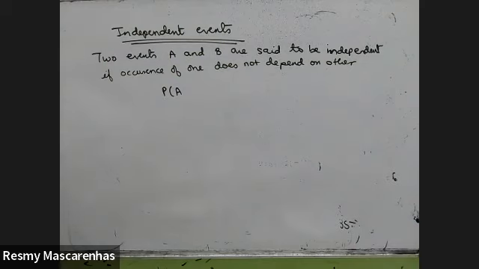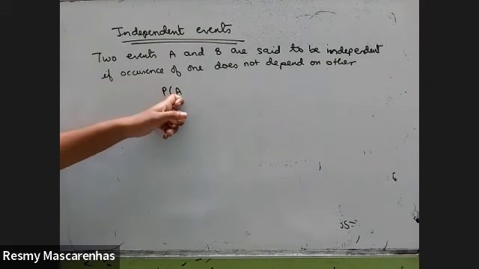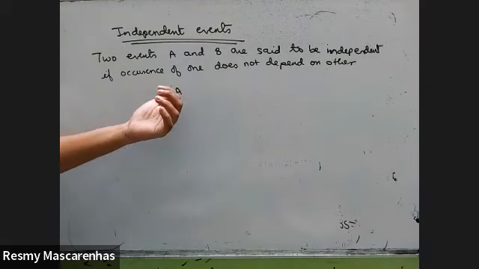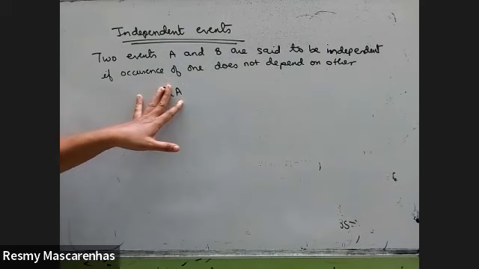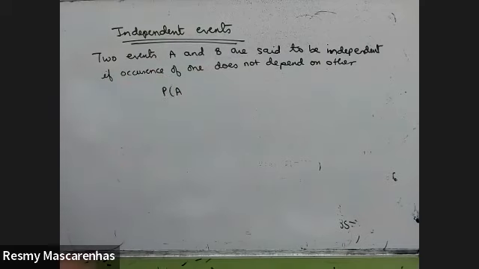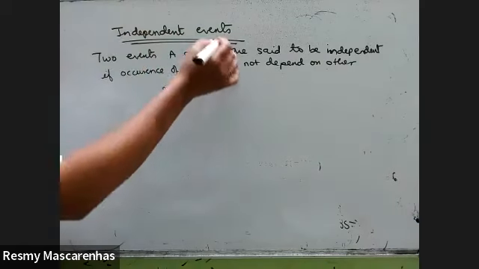Like suppose two students are answering the exam. Until and unless there is copying involved, whatever A is answering in the paper has nothing to do with the passing and failing of B. Suppose you are at two different places, and you are given some problem to solve. A will get marks based on whatever he solves, and the same way with B. So such events are called independent events.